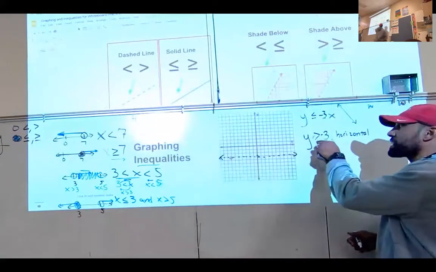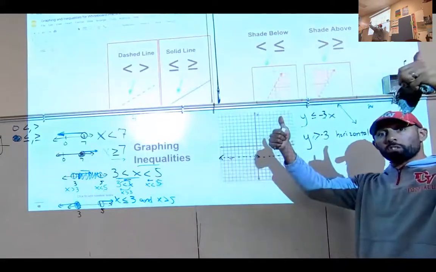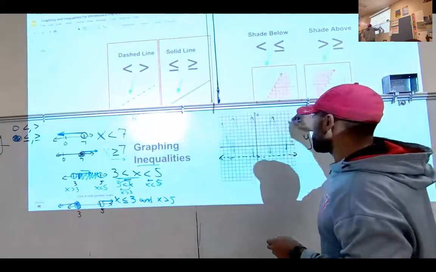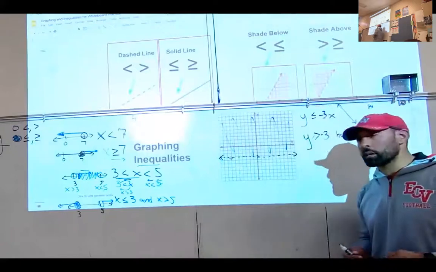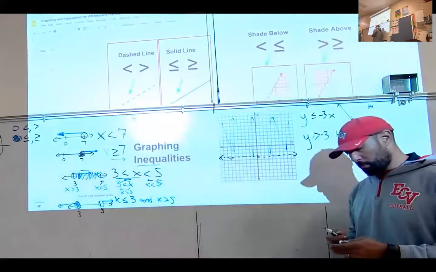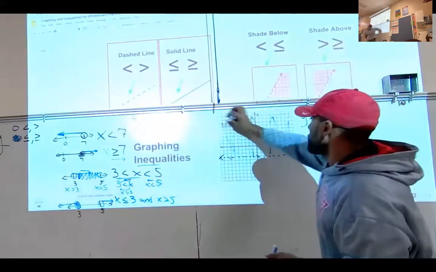And then it says y is greater, which is above. So these are pretty easy. It's just either on top or below. I shade up there. Okay, so my solution is somewhere up there, or it could be anything up there. Okay. Now, another example you'll see